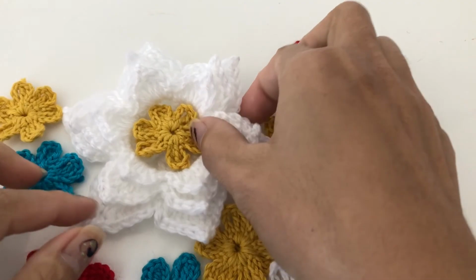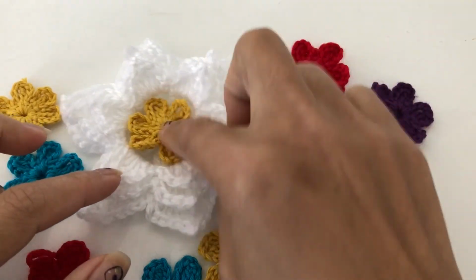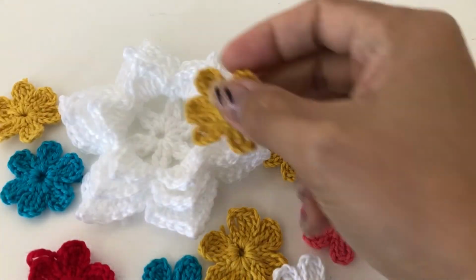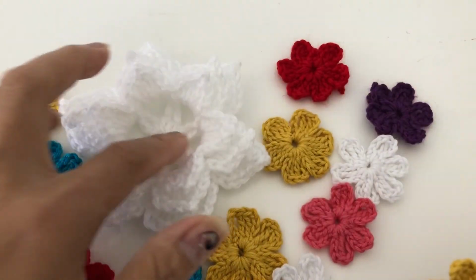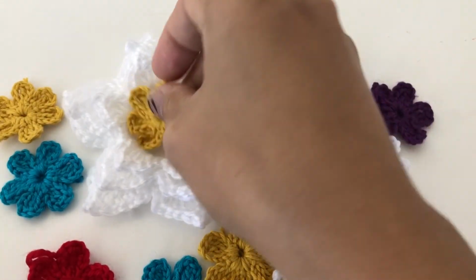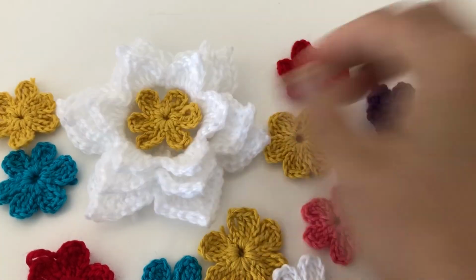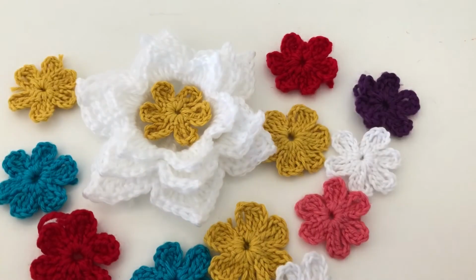Okay, so I have one here and I just put it in the middle. It's just like a normal one, but you can change this so you don't have to put that, but because I just tried. Okay, so today